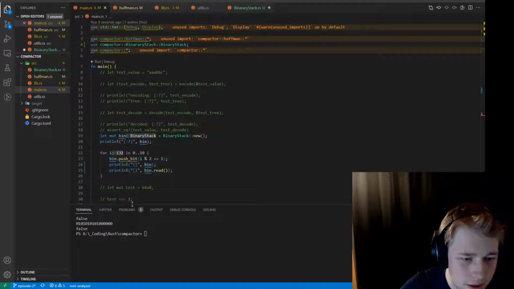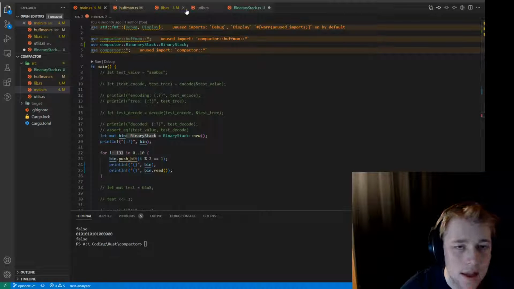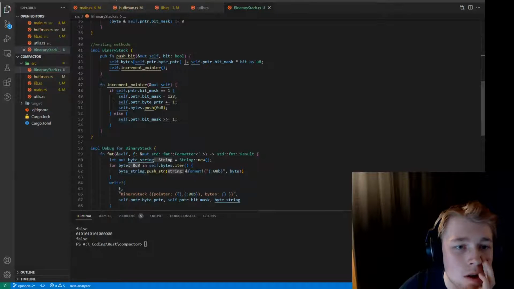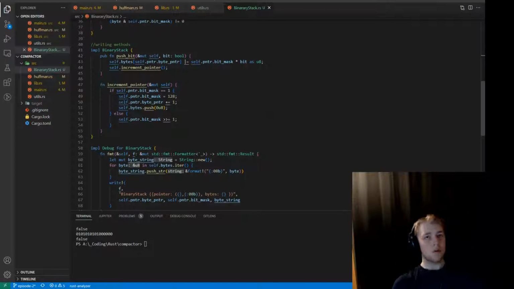And the reason for that is what happens when you push a bit is it increments the pointer second, which is what you need it to do because the pointer starts pointing at 0. I suppose what you could do is